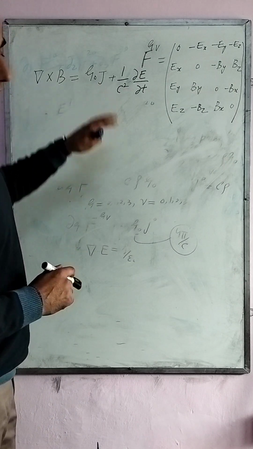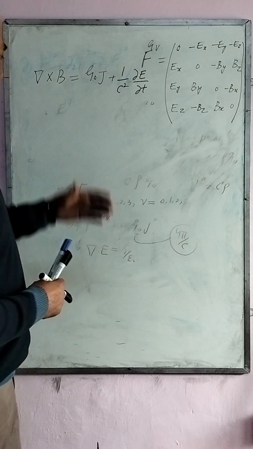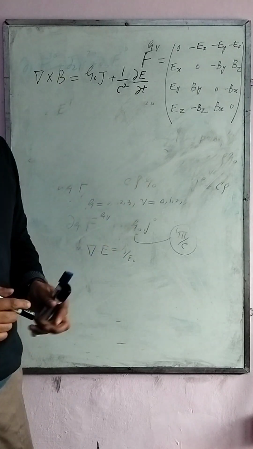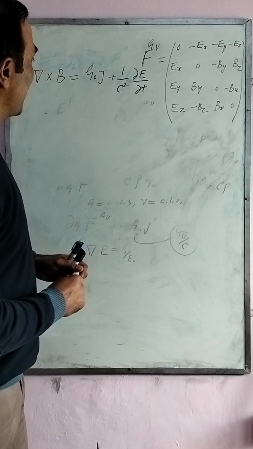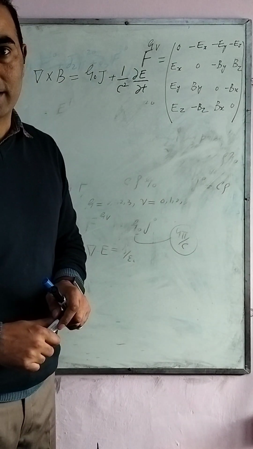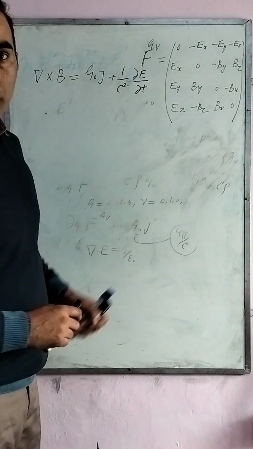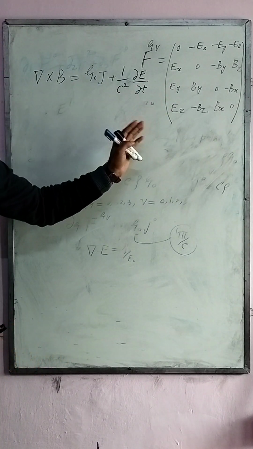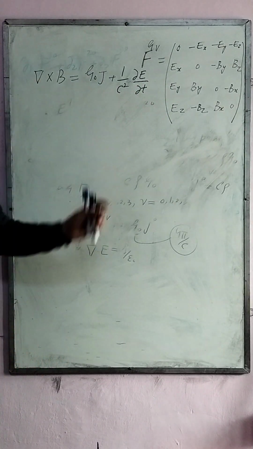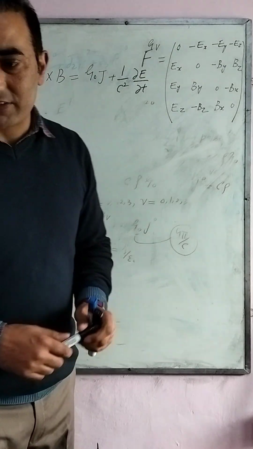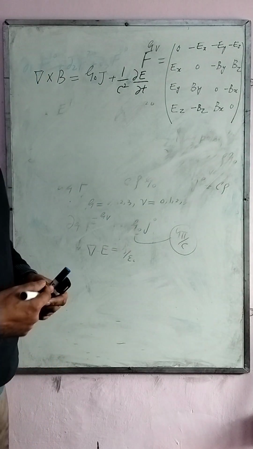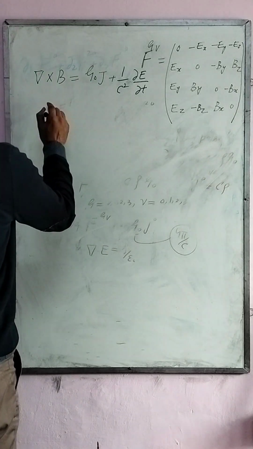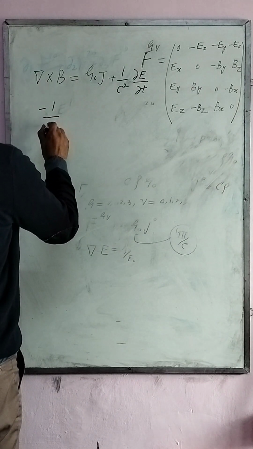We know that this is a time dependent equation, because this is how the magnetic field is produced due to the combined effect of the current density and the electric field, right? So when you take its derivative with respect to time, it is the combined effect of J and E that gives us how this magnetic field is produced. So this is our Maxwell's fourth equation, and let us rewrite this equation first. So I can write this as minus 1 by c square